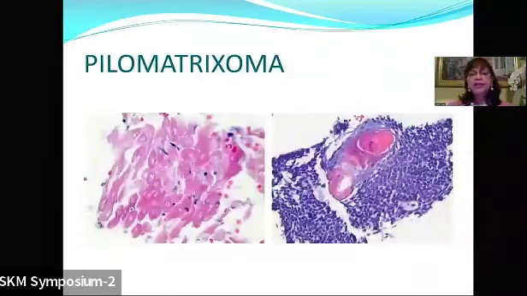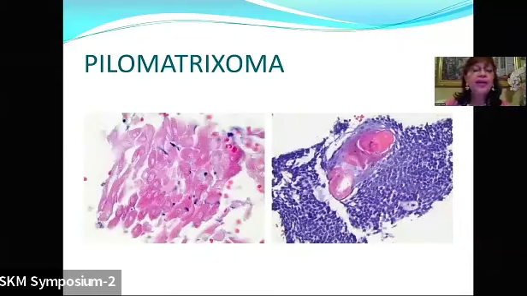So this was actually an example of pilomatrixoma. The clue that I received from the surgeon was because I was concerned about the small round blue cells. And then I did see, and he said it's skin-based. So I know that pilomatrixoma can be a pitfall. And the multinucleate giant cell to me was a clue. But the best thing, you don't often appreciate those on the smears. They're much easier